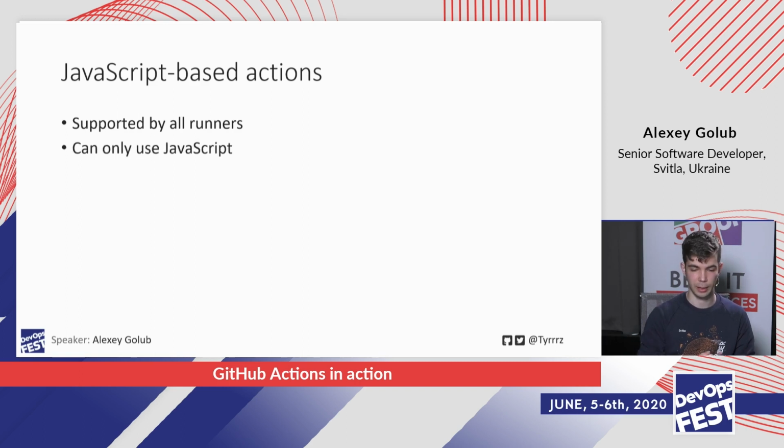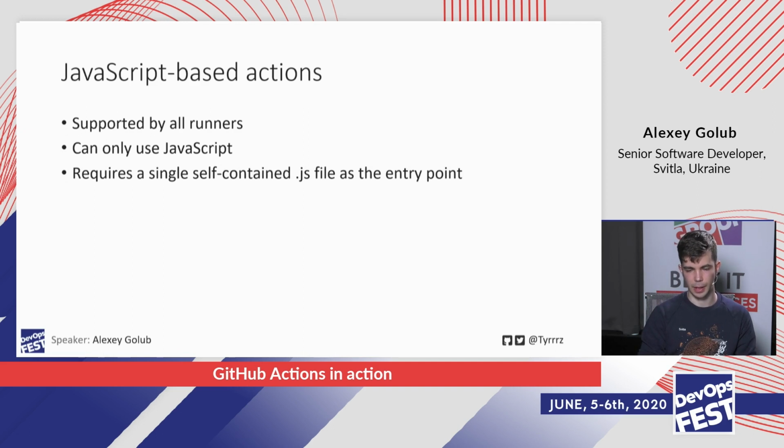Of course, you can only use JavaScript, so it could be an advantage, but also a disadvantage to some people. And more importantly, you can use some other languages that transpile to JavaScript, for example, TypeScript. But at the end of the day, inside of your repository, you will have to have the JavaScript file that contains that action. And this is important because even if you use TypeScript, you still have to transpile it before you commit your action to your repository.